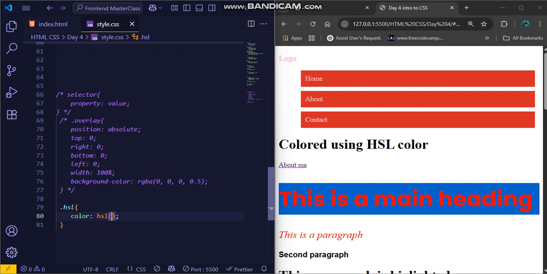Let's say the hue should be 240, and then saturation should be 100%, and then lightness should be 50%. Okay, we have created a blue color using HSL, right? So these are the ways of adding colors into your CSS file, right? How to style your HTML,